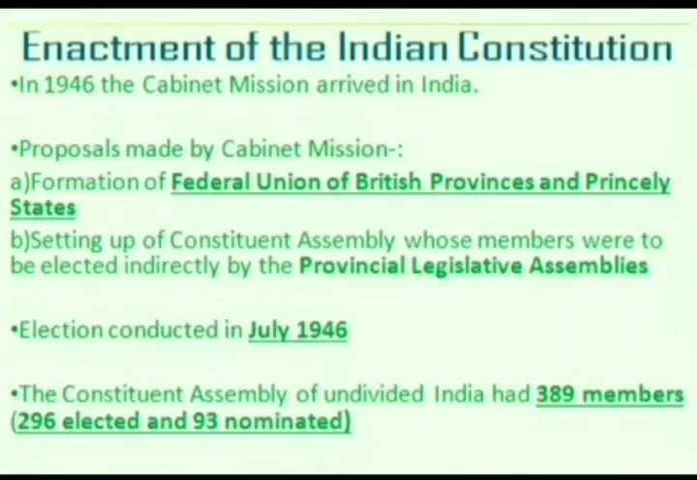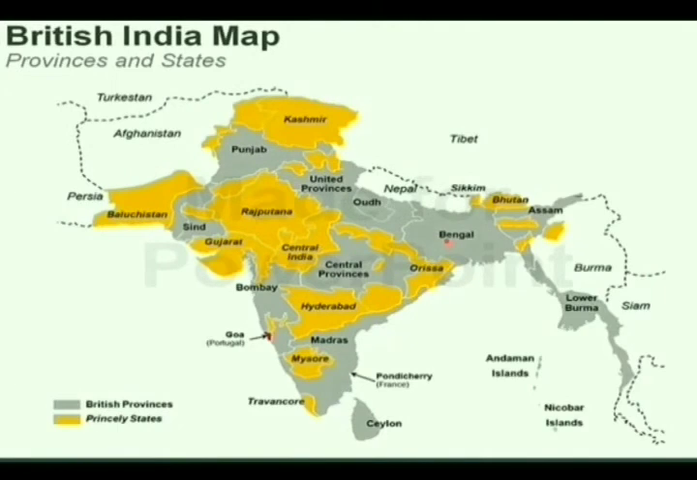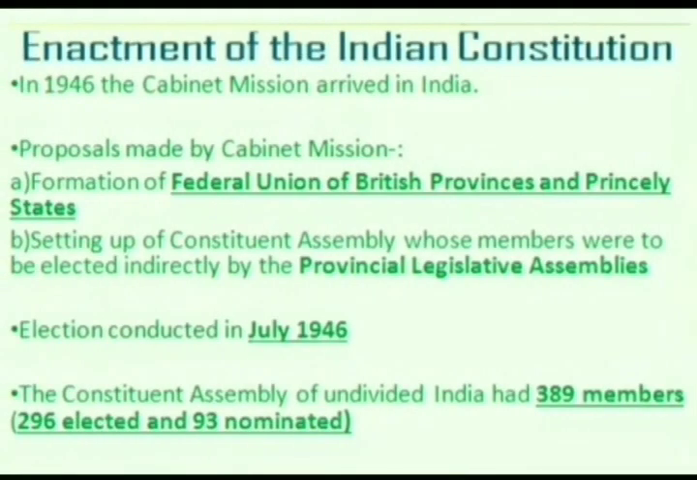British provinces like Bombay province and Madras province were under the direct rule of the British, whereas princely states were under the control of the kings. You can see on the map the yellow color states are the princely states, whereas the grey color states are the British provinces. Another proposal of the cabinet mission was to set up a constituent assembly whose members will be